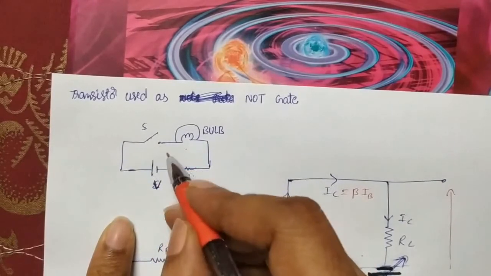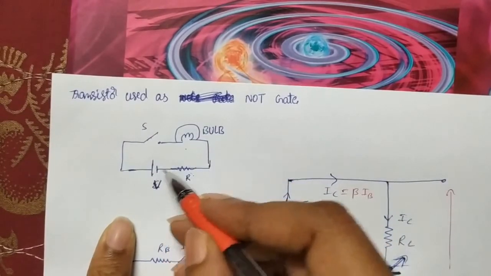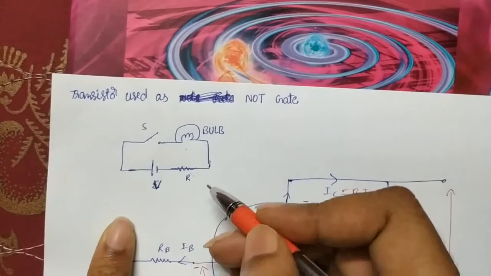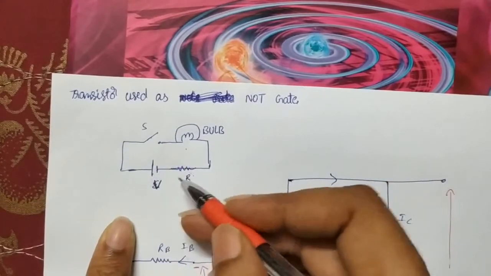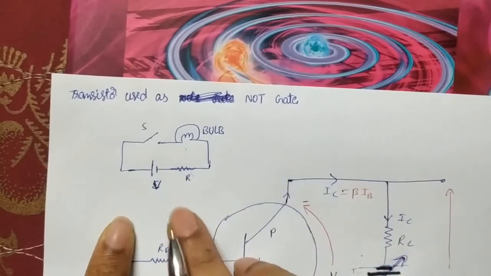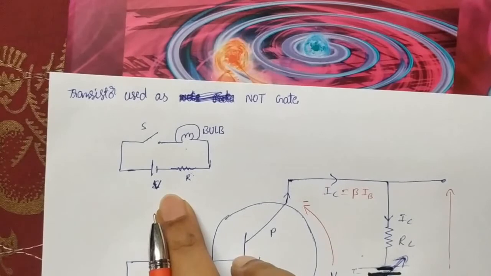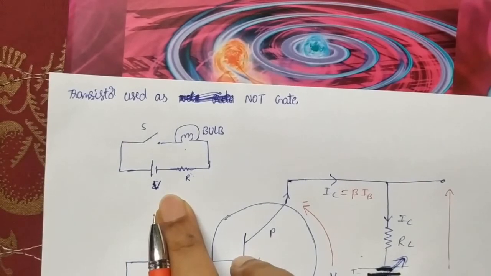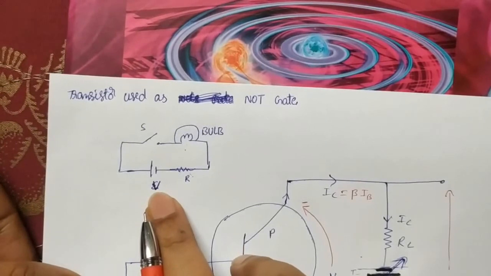Once this circuit is closed, that means the switch is on and this bulb works, then what happens? This potential will be shared between the bulb and the resistor. Due to that, the potential across the cell decreases. That means in case of working, when the switch is on, the potential across the cell decreases. If there is no current, meaning the switch is off, the potential remains the same as the total value.